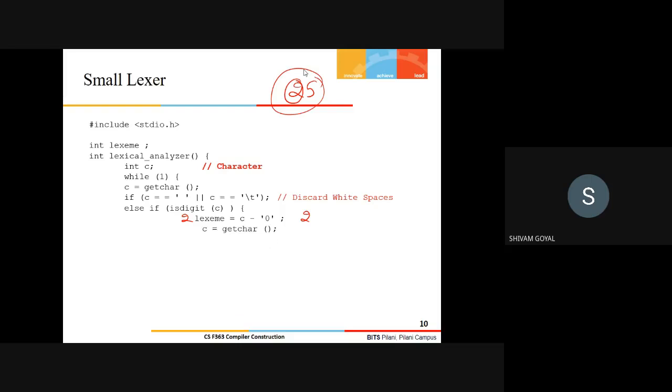Yes, sir. So what is going to be my next step? As this guy said, I have read the 2 and I have stored 2 in the lexeme. So again, I'll do the IO operation by this getChar, and I store this character here, that is 5. All right. Now, the lexical analyzer has already read this. Now he doesn't know what comes next. Let's say 6 will come next. So he'll say, I'm not going to tokenize unless... So what exactly is the strategy in this else part?